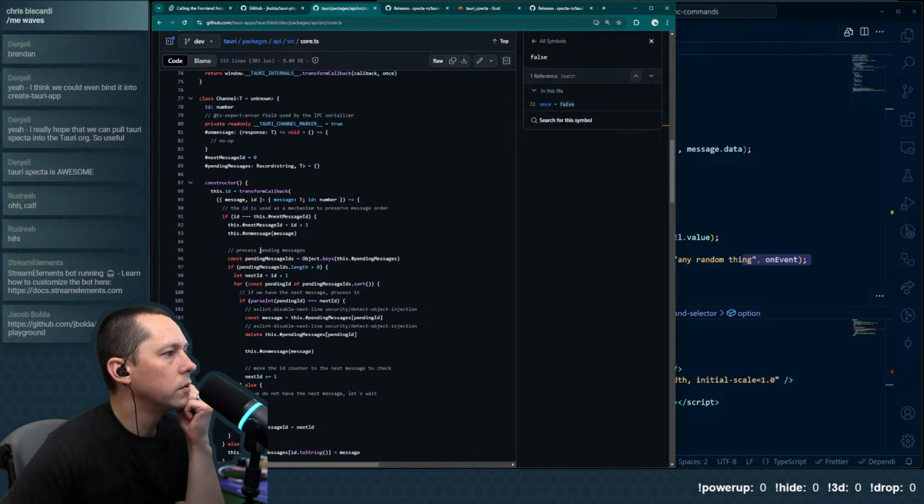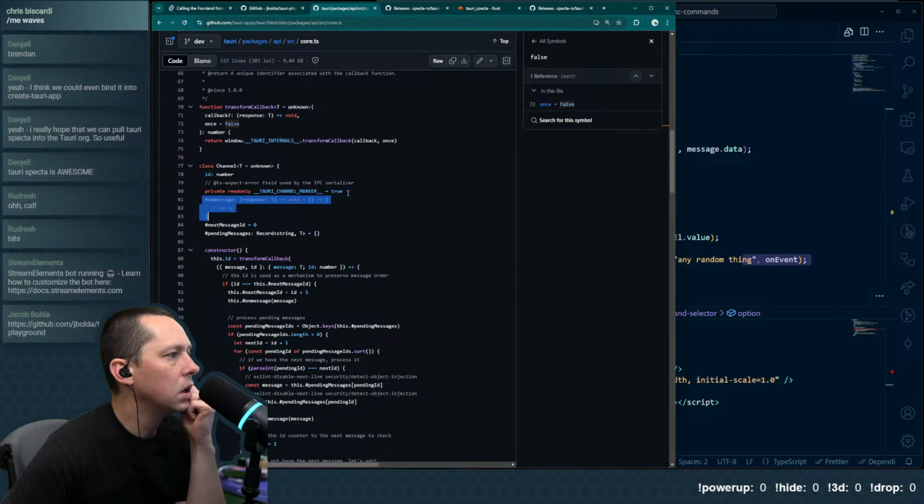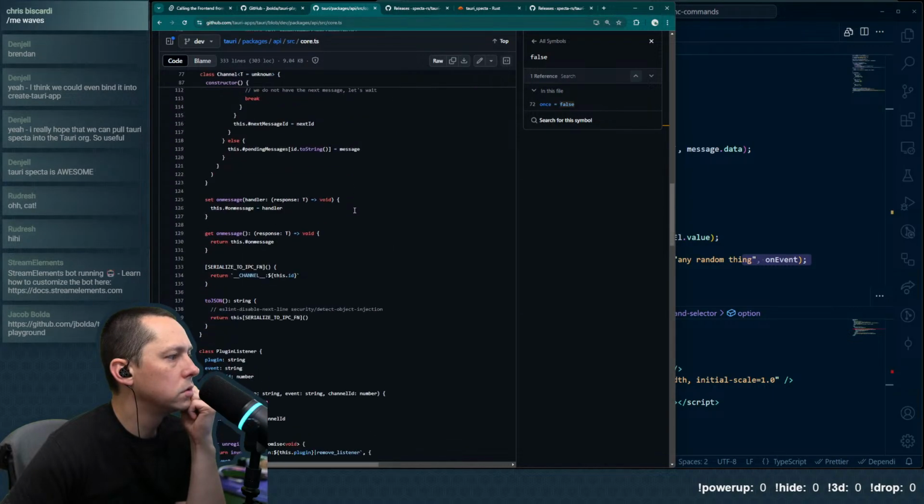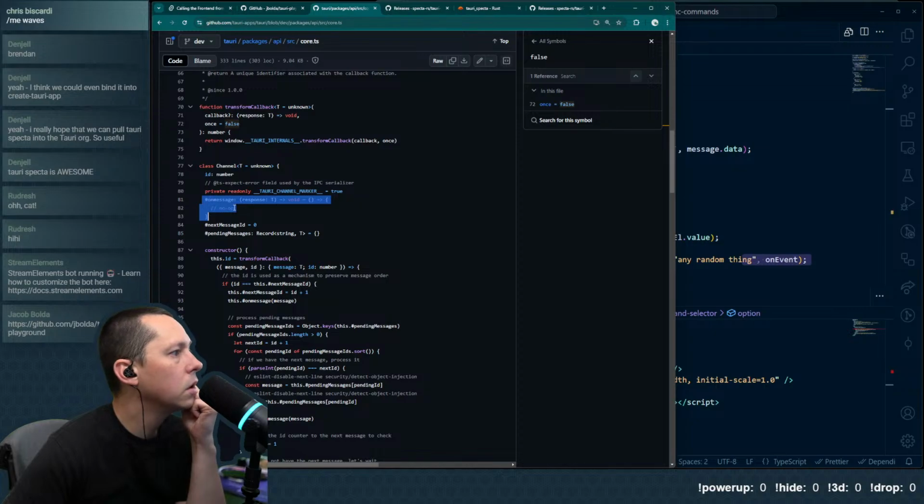So why isn't it firing off more than once? Next message ID is 0. This is an empty onMessage, I'm guessing, to make it optional effectively, used by the IPC serializer.